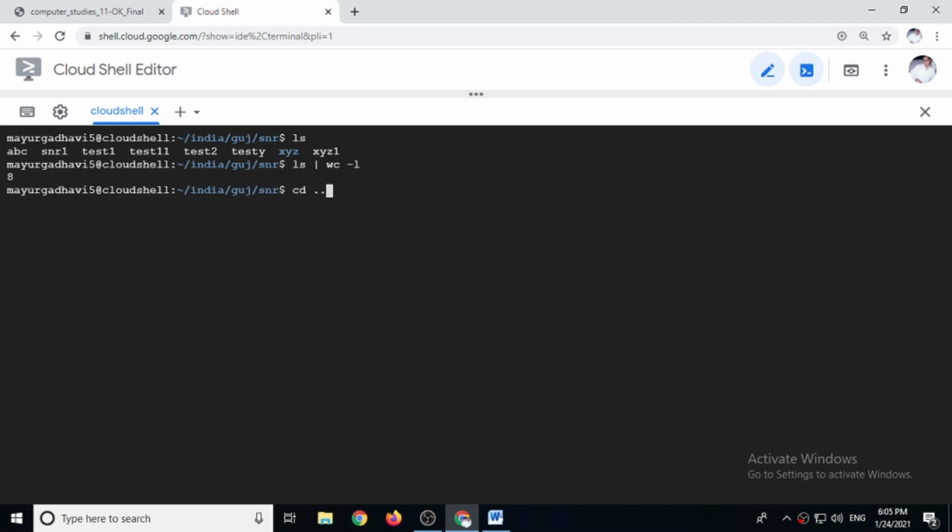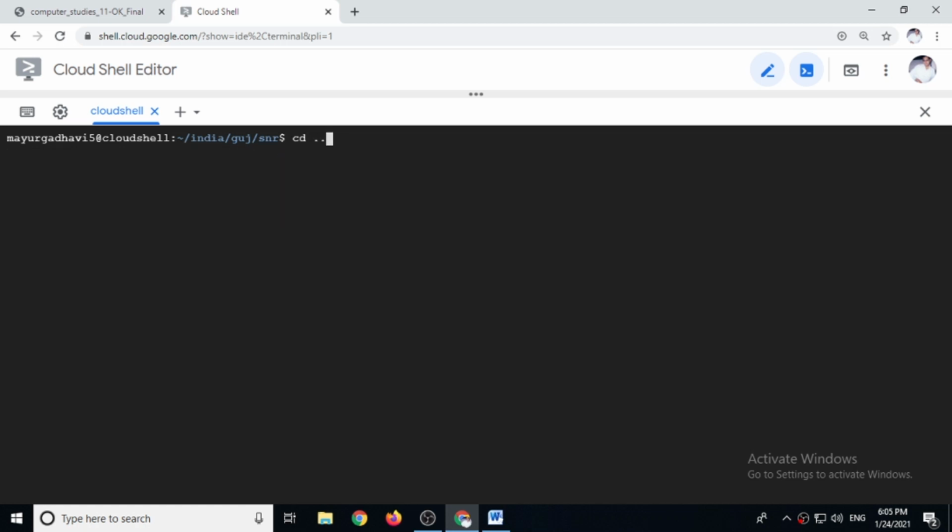So let's come out of the Surendranagar, Gujarat and India directories. cd double dot, cd double dot, cd double dot, thrice. If it doesn't work, then you can give it this way also. ls. See here, the address.txt file is there.